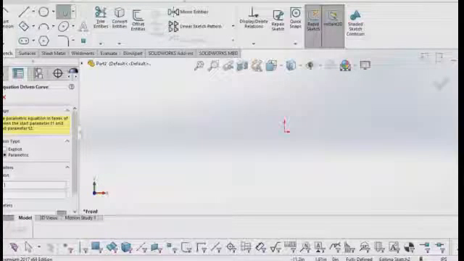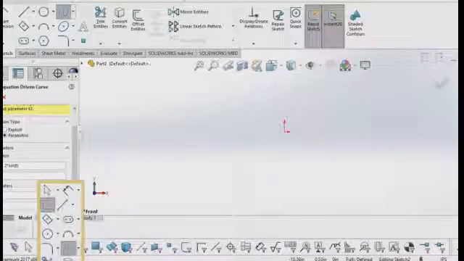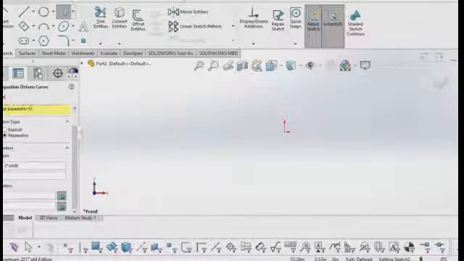I am giving the inputs, equation driven curve, 2 into sine of t. Then later I should give t1 and t2 parameters, and I can generate this spline.